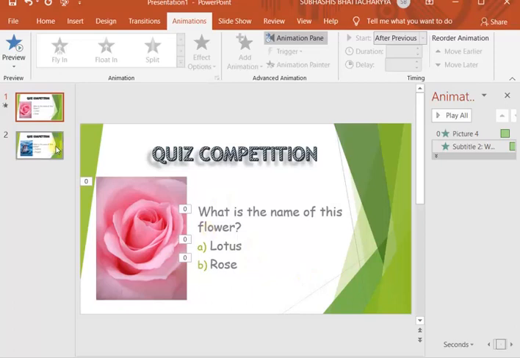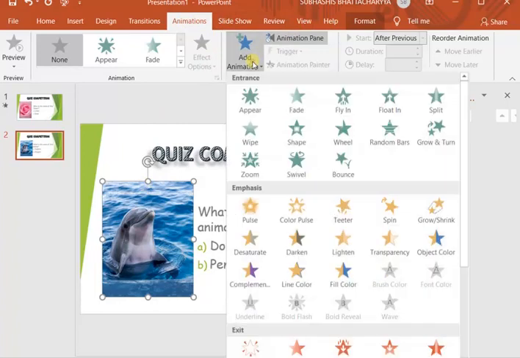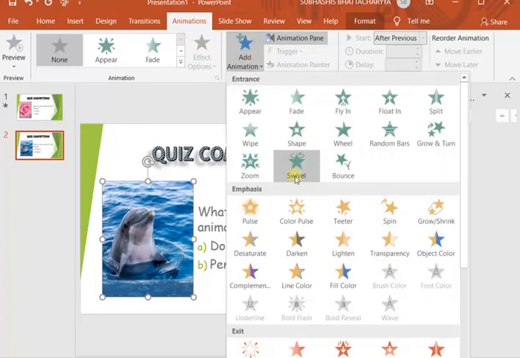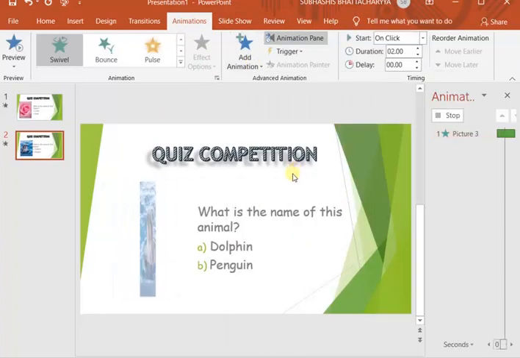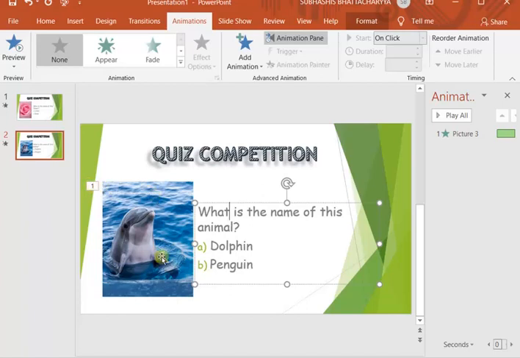Now we'll come to the second slide. Here also we'll do the same thing. Select the picture first, add animation. Number 1 it is showing that in this slide this picture will come first, so the animation tag is showing number 1.